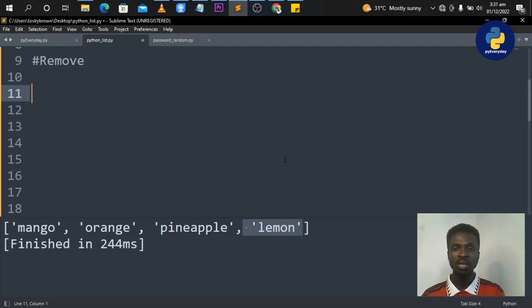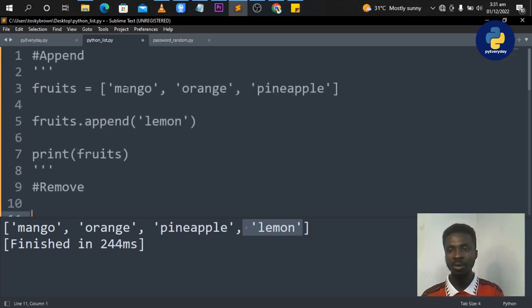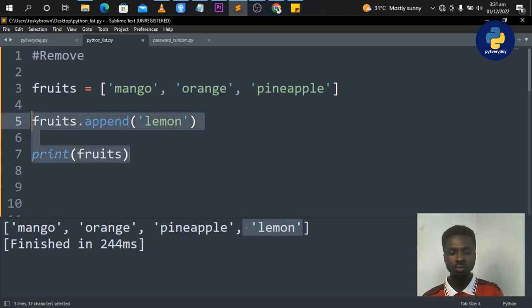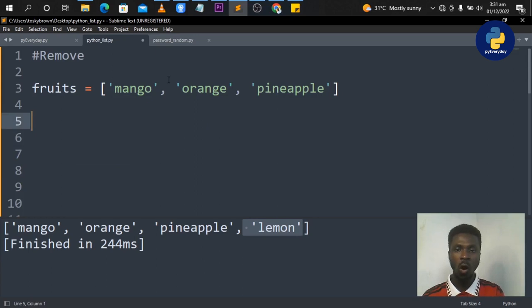So for example, these lists that I've created over here, let me uncomment them. Okay, so I have remove over here. Now the remove, as its name goes, is used to remove an item or element from a list. So if I am to remove orange from this list, I would only do this,